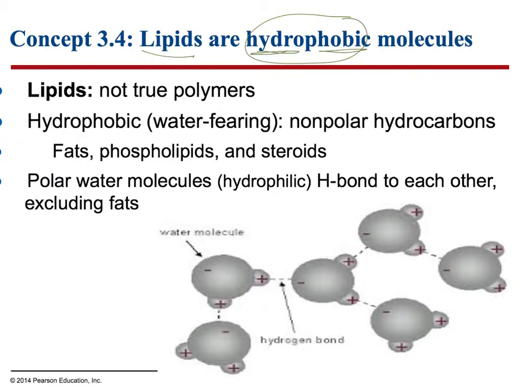So these molecules actually are repelled by water, and you can see that if you mix oil and water, the water kind of pushes oil out of the way and is attracted to other water molecules and then separates from the oil. That is because water actually has a charge to it. If you look at the picture, the oxygen, which is this larger molecule, ends up having a bit of a negative charge to it. The hydrogens, which are a smaller molecule, end up having a bit of a positive charge